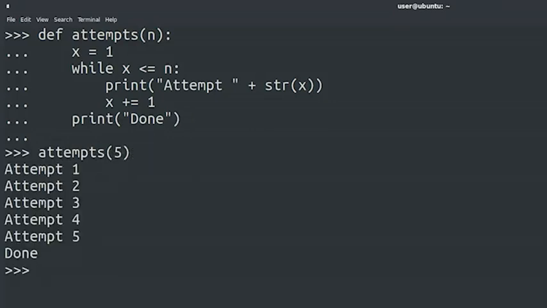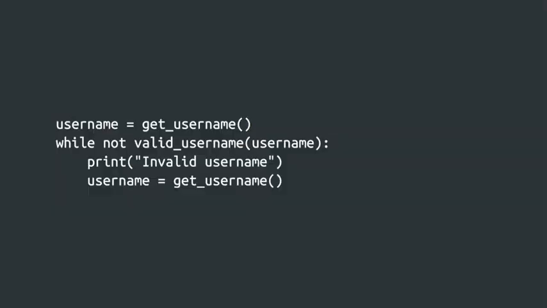In these past examples, we've used the simple condition of a number being smaller than or equal to another number. These are common conditions, but they're by no means the only conditions you can have in a while loop. It's common, for example, to call a separate function that evaluates the condition, like this. In this case, there's a lot of code hidden behind functions, and it's doing stuff we don't see.